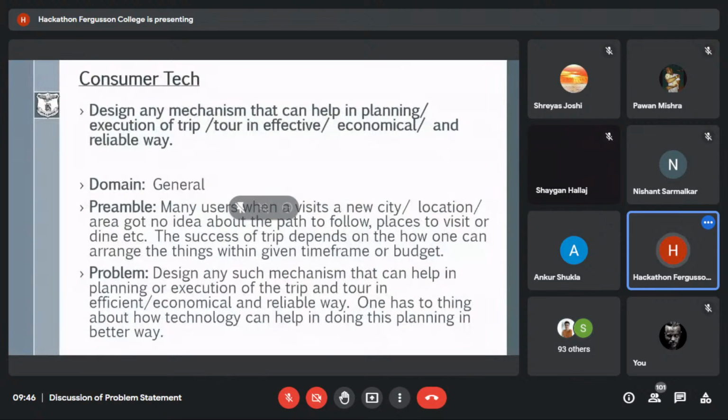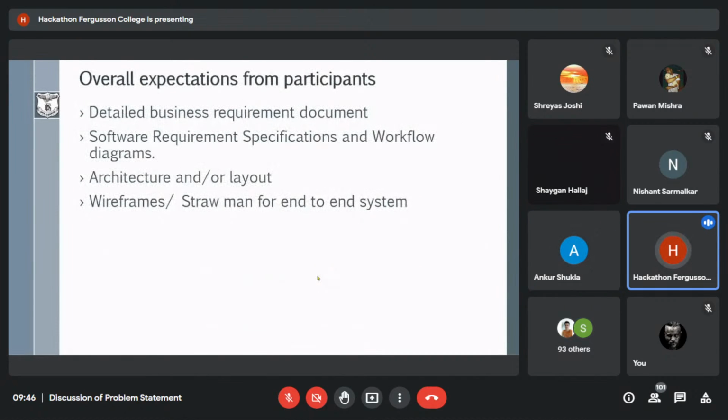Okay, so the next thing is what we expect from our participants. As we discussed, when you think that you are more suitable for a particular problem domain, thereafter you have to give us a detailed business requirement document, right? We are looking at it from a business perspective. There should be some kind of business logic involved in it. So when you give us a problem solution, that solution must consist of the business requirement document,